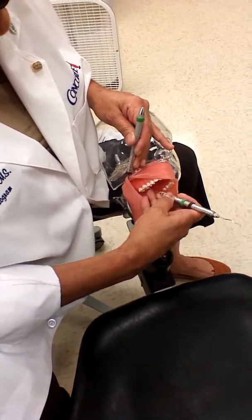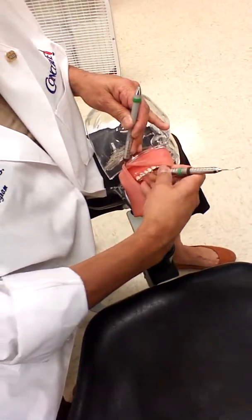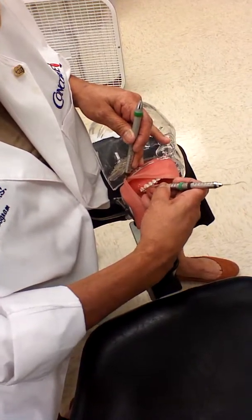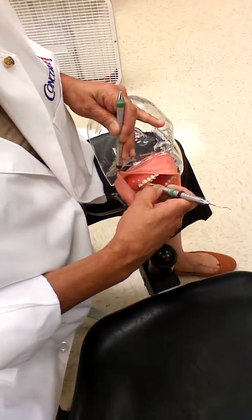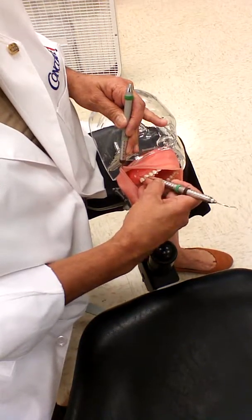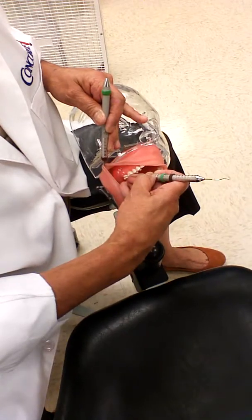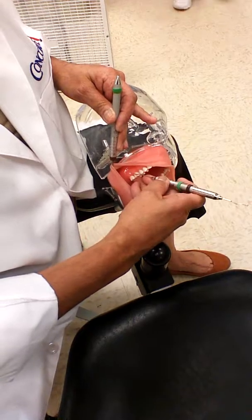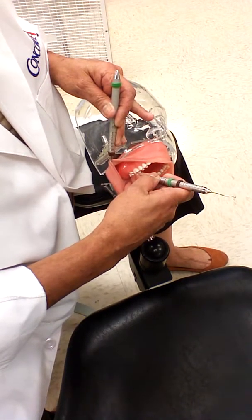All right, so here we go with number 2. Okay, and again, these posterior teeth, they're hard. Yeah, they're hard. And everybody's like, well, how am I going to get that back there? Well, you know, you just got to figure out, if this has to go here, then where is this going to go? And everything else is just going to fall in place, because I'm not going to move anything but my wrist, okay? So, and getting high up on your handle here so that you can make that work, okay? So,